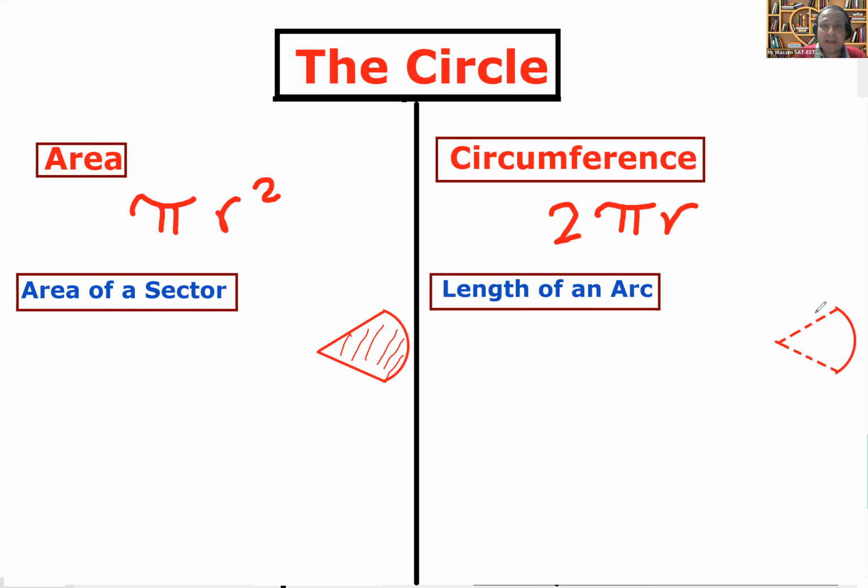There's always an angle. My angle here is called theta, and my angle here is also called theta. When I take area of a sector, that means I took part from the area. Part is always a fraction. Fraction is a part over whole or a chosen over total. The chosen is theta, and the total